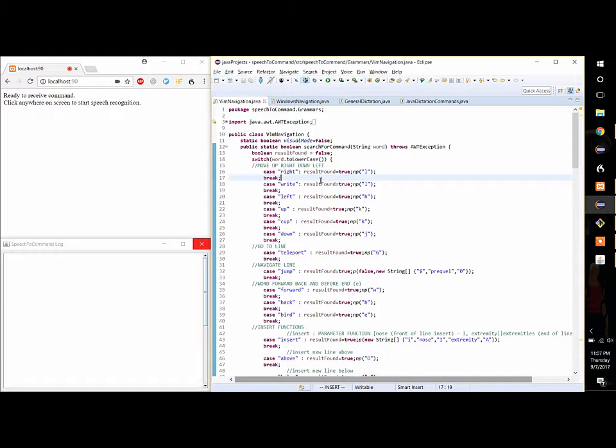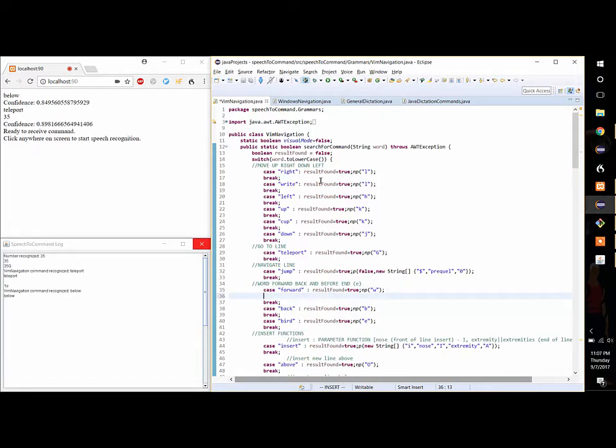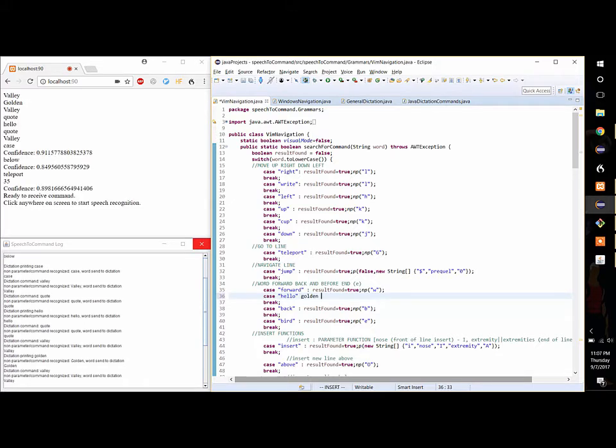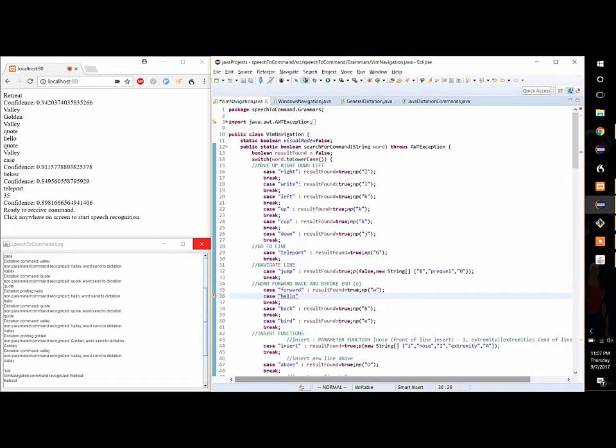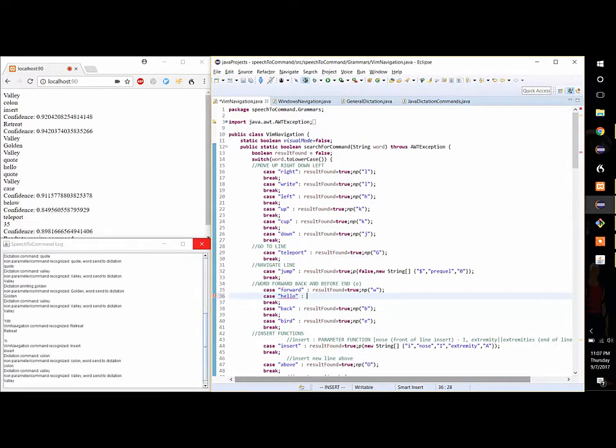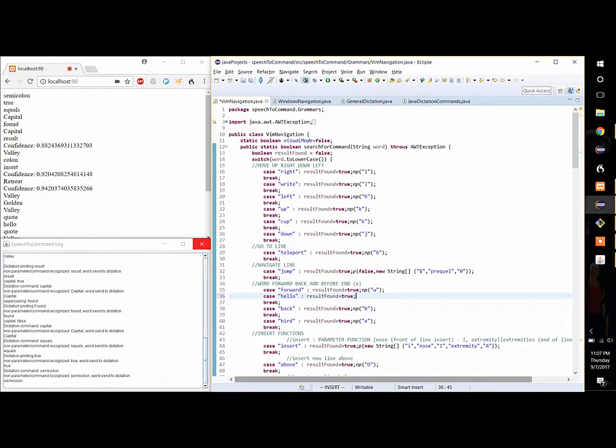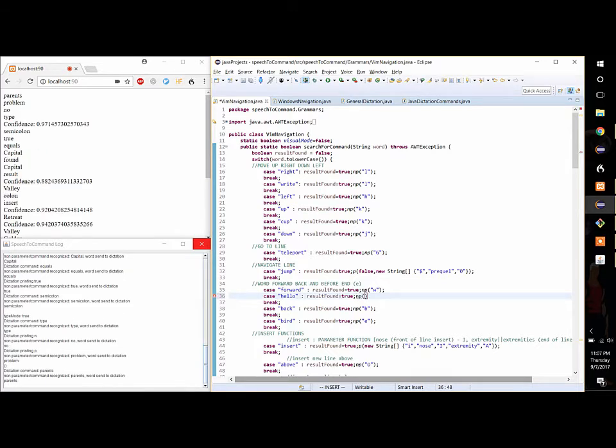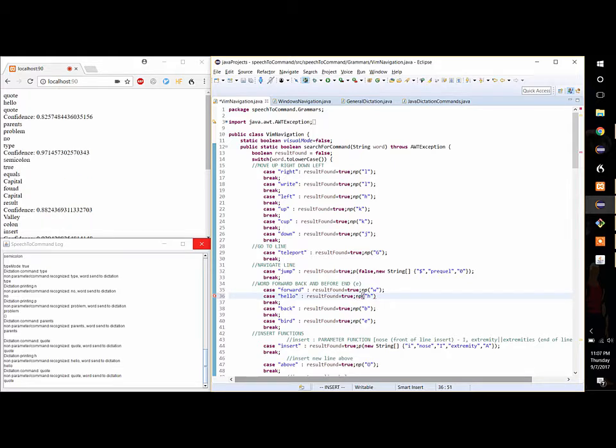"35 teleport below, case valley quote hello quote valley colon valley, retreat, insert colon valley, result capital found capital equals true semicolon, type no problem parents, quote hello quote right after semicolon,